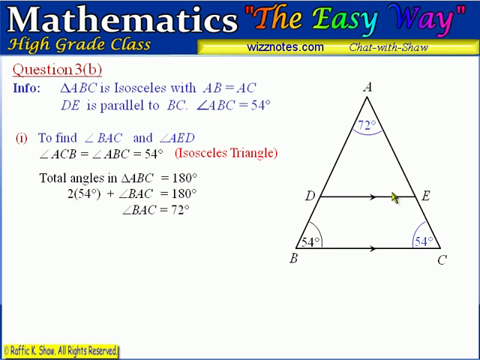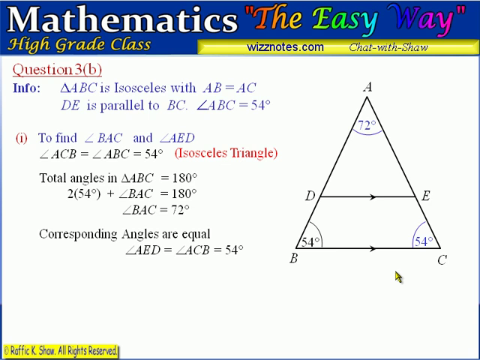Next, we want to find this angle, but recall that this line is parallel to this line, and since this line AC crosses these two parallel lines, it means that these angles are corresponding angles. They are equal, because when parallel lines are crossed by a third straight line, corresponding angles are formed. And so this angle and this angle correspond to each other, and so they are equal. Corresponding angles are equal, and therefore angle AED, the angle here that we are trying to find, is equal to angle ACB,